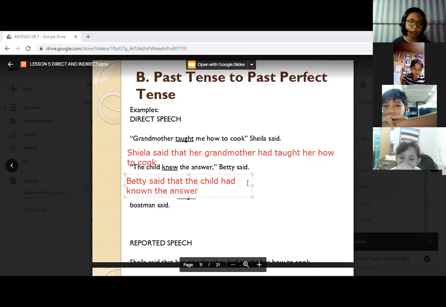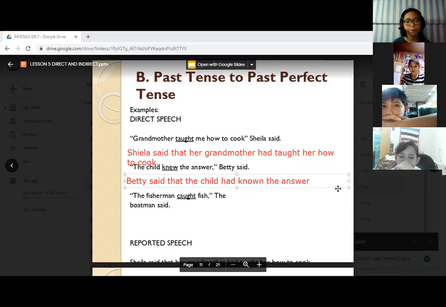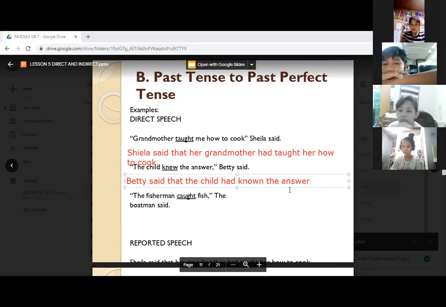So, hindi po pwedeng had knew, kasi knew is a past tense while known is a past participle. Okay? And makinig, pag sinabi nating past perfect tense, dapat had plus past participle. Hindi po pwede yung had ate, dapat had eaten. Hindi po pwede yung had broke, dapat had broken. Do you get me, class? So, pag nasa past tense na yung verb, you need to